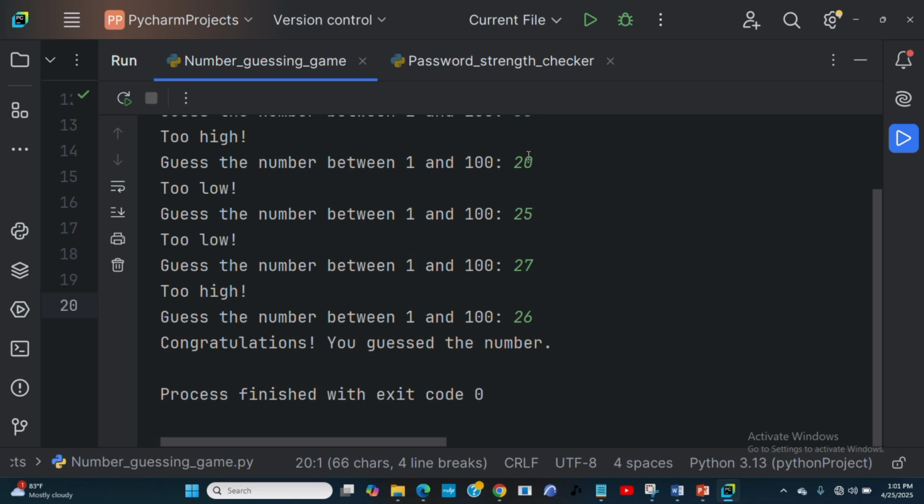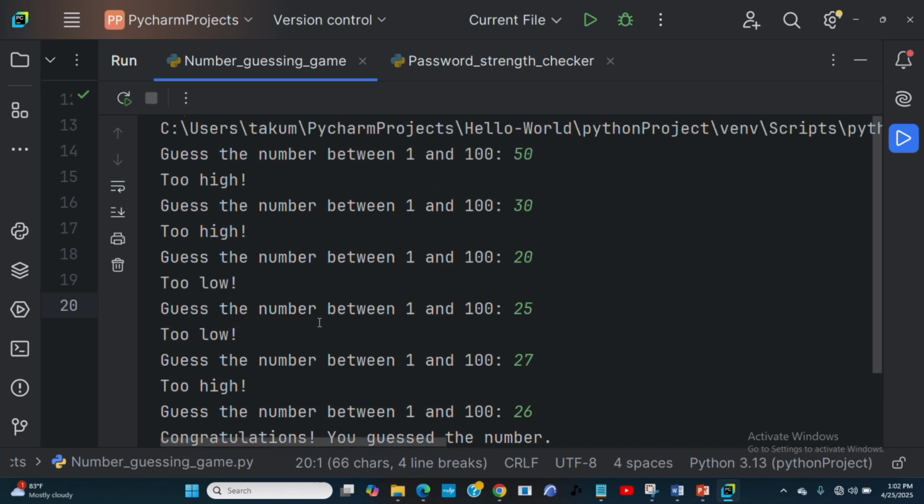Now, what is this? One thing with this game is that it is very beautiful because it is very relaxing. You're using your brain, you're playing and enjoying it. The computer has generated a random number, and you as a player are just guessing the number. Because the program gives back feedback, it guides the user to know where to place the number to be able to guess it. Without this feedback, it will be difficult for you to know which number exactly to guess, isn't it? That is beautiful.